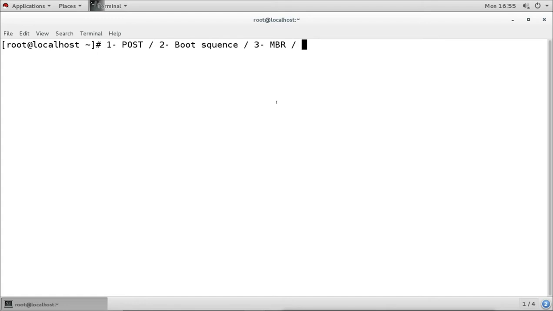So our Linux bootloader file will be there under the MBR, and that is GRUB. In RHEL 7 it is GRUB 2. From the MBR, GRUB 2 will be loaded. The job of the bootloader file is to move forward and do the other things, and here it loads the GRUB configuration file.